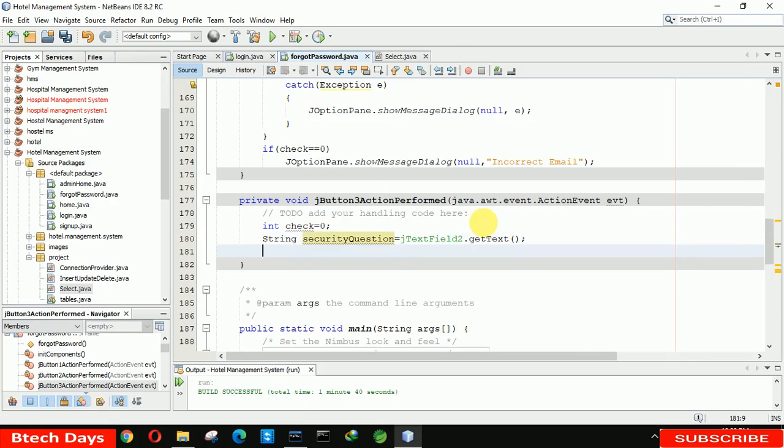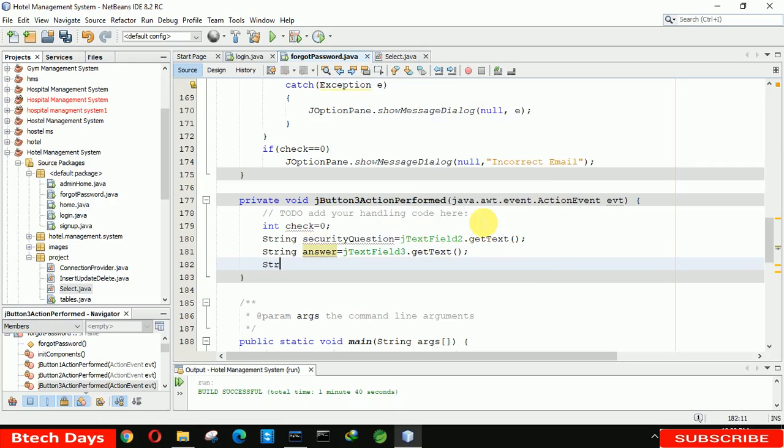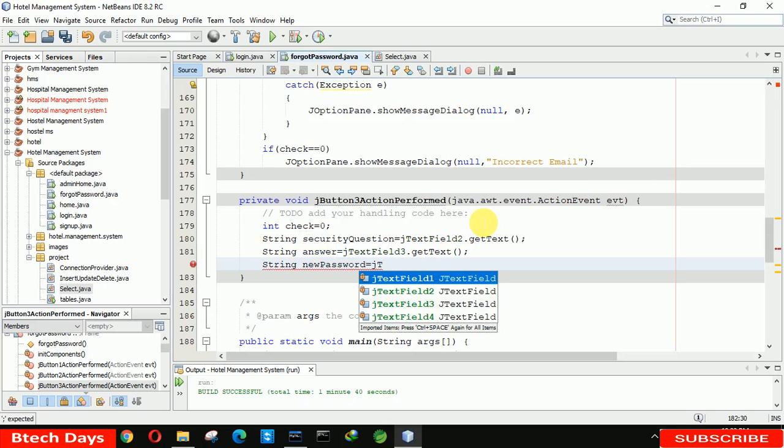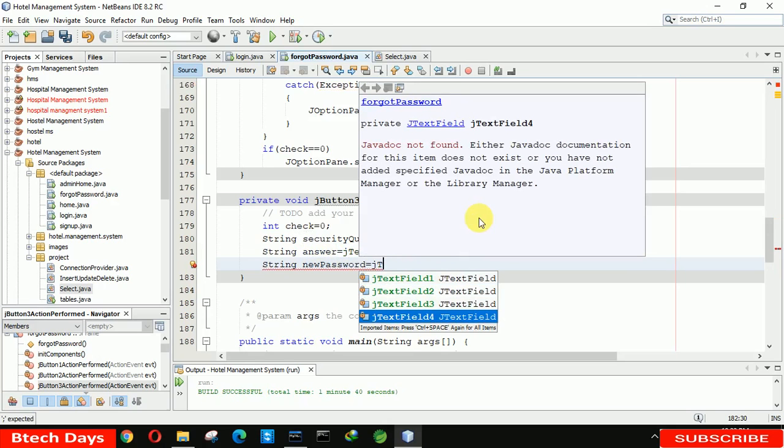After that we have to declare string answer, another variable, jTextField3. After that we have to get the text value, and here we have to just pass the value. Okay, getText, sorry, answer. After that we have to set the new password equals to jTextField, we are getting the password. Okay, one more thing we did wrong here, that is like we are setting the password here, so the password